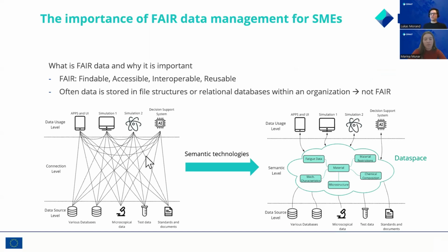And the key here is FAIR data management. And this is the core of my talk. And before I start, I would like to say a few words. What is FAIR data and why is it so important? So FAIR is an abbreviation for Findable, Accessible, Interoperable, and Reusable. I will give a quick example later about all of these words and what they mean, but basically this means that all of your data is available, and you can seamlessly get access to it and use it right away